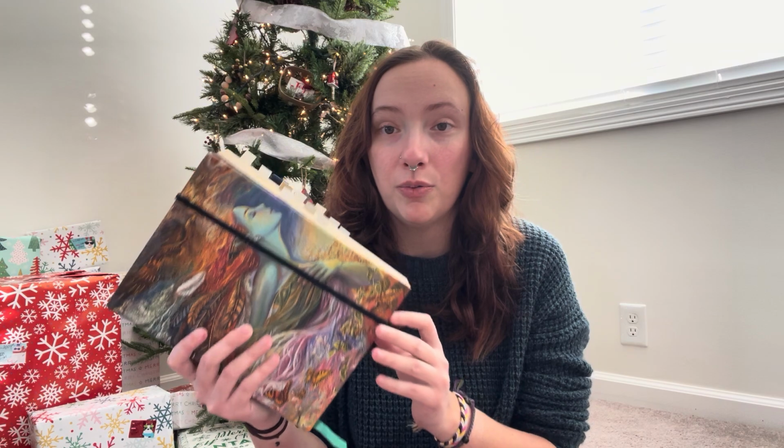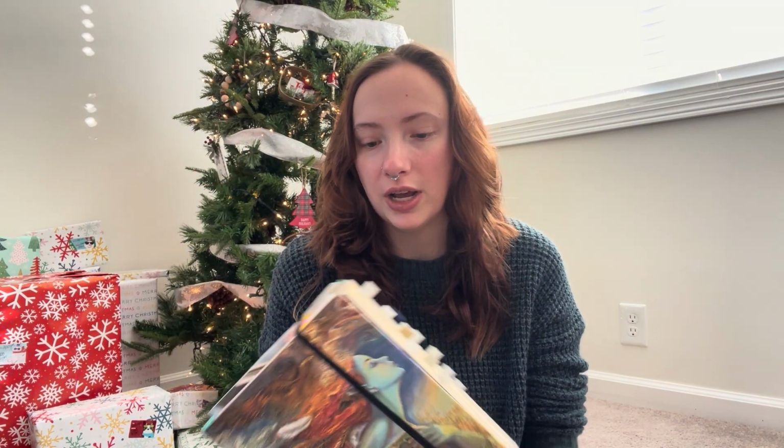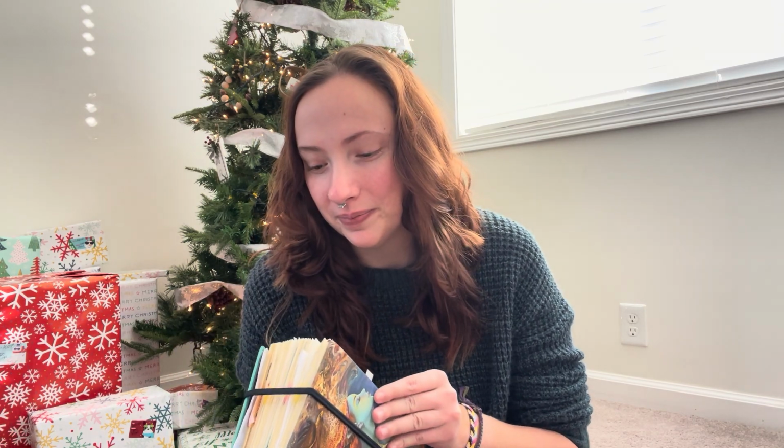This journal, my partner gave it to me. It's a Peter Popper Press. I started it April 17th because that's our anniversary, and he gave me this for our anniversary. And then I ended this